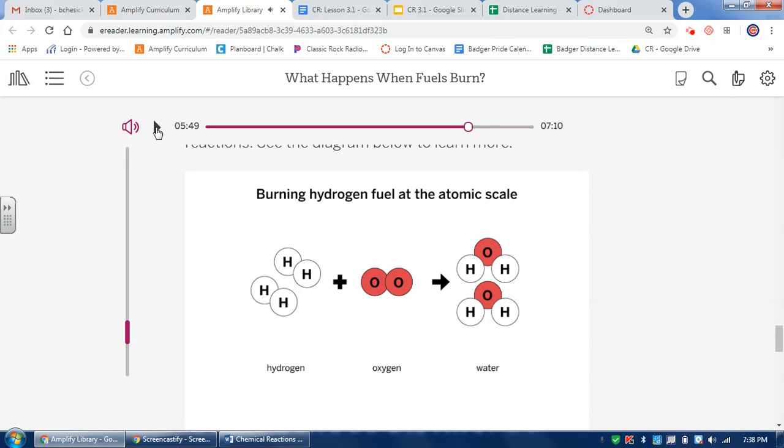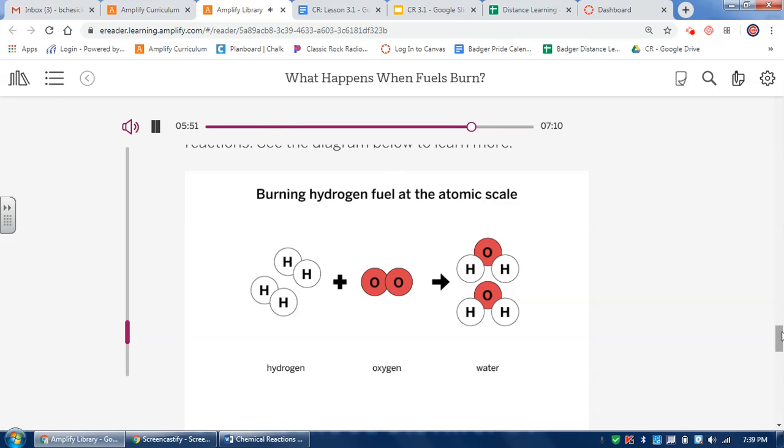So just thinking real quickly about using hydrogen as fuel instead of gasoline or ethanol, the only product of burning hydrogen and adding oxygen to that hydrogen is water. So when I think about that in my own mind, that seems like it wouldn't be so bad for the environment if we used hydrogen fuel in our cars and things like that, because we would only end up with water coming out of our tailpipes, not water and carbon dioxide.